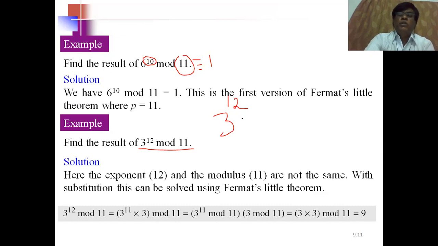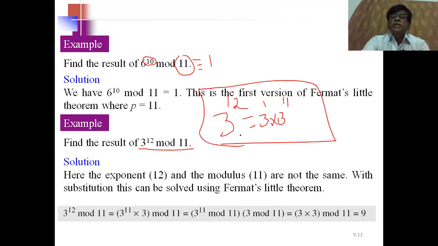So 3 power 12 can be rewritten as 3 power 1 into 3 power 11. So this can be solved by using the second version of the